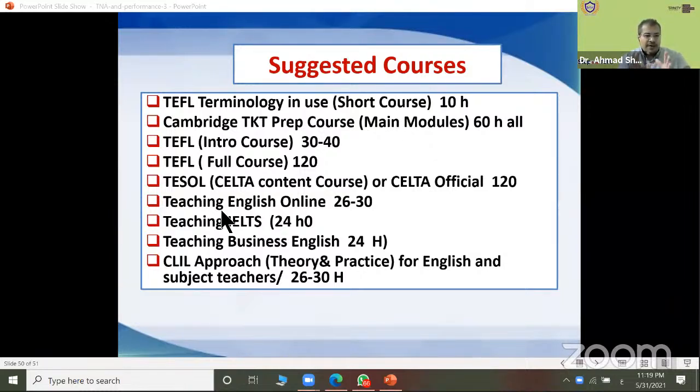Okay, regarding other courses like TEFL or TESOL, as a teacher, the minimum level of English needed is B2. Even for CELTA, maybe some centers need C1, but the minimum level for any teaching qualification is B2. So you have no problem applying for any teaching qualification. But for IELTS, you should develop yourself. You should listen well and practice the IELTS tasks well beforehand.